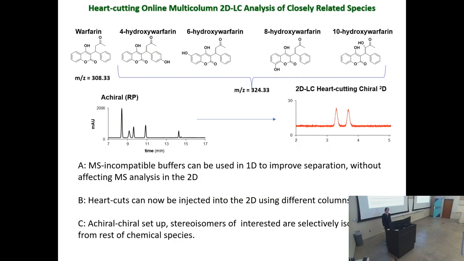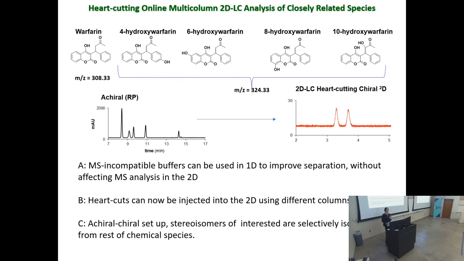So this setup has some features. First of all, we can use MS incompatible buffers in the first dimension to improve the separation. Without affecting the mass spec analysis in the second dimension, you can use the mass spec friendly mobile phase in the second dimension. Also, you can hard cut the peak and inject it into the second dimension,